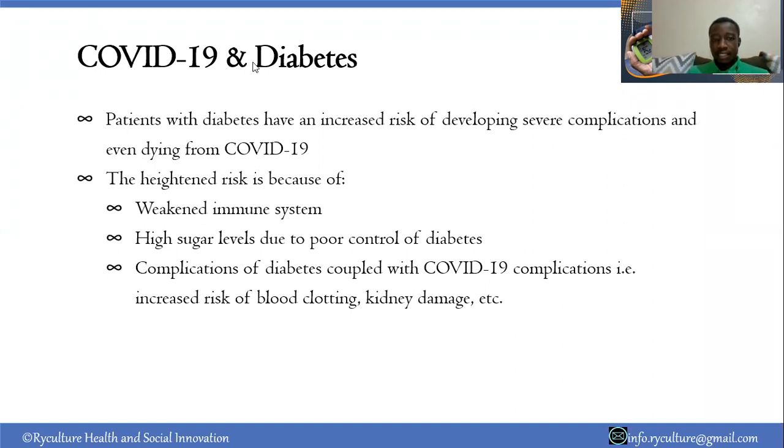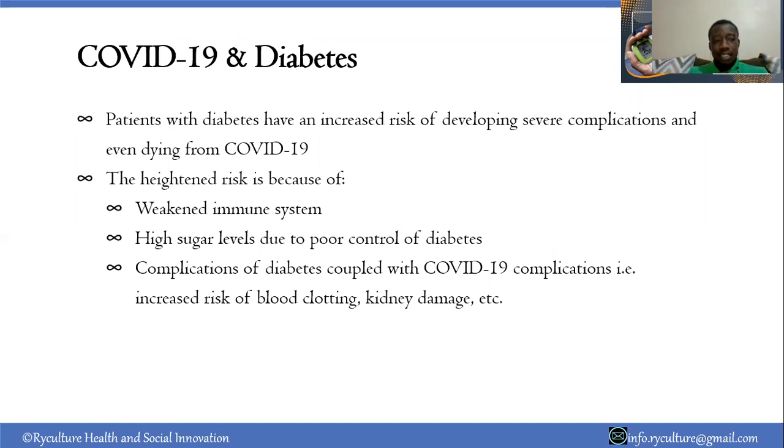Then also with diabetes, with high sugar levels, chances of blood clotting are high. So if your blood is going to clot, it means it can't transport enough oxygen to the different tissues. And we understand that coronavirus is a respiratory condition. So if you have high chances of clotting, your blood will not supply enough oxygen to other tissues. And even with coronavirus now compromising your breathing through the nose, it means you're not going to be able to supply your oxygen demands for the body. And that is affecting the overall outcome for diabetic patients who end up getting coronavirus.